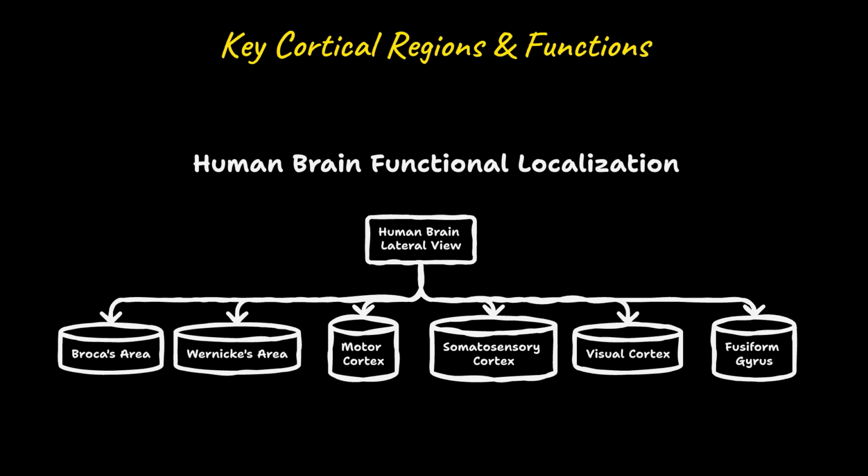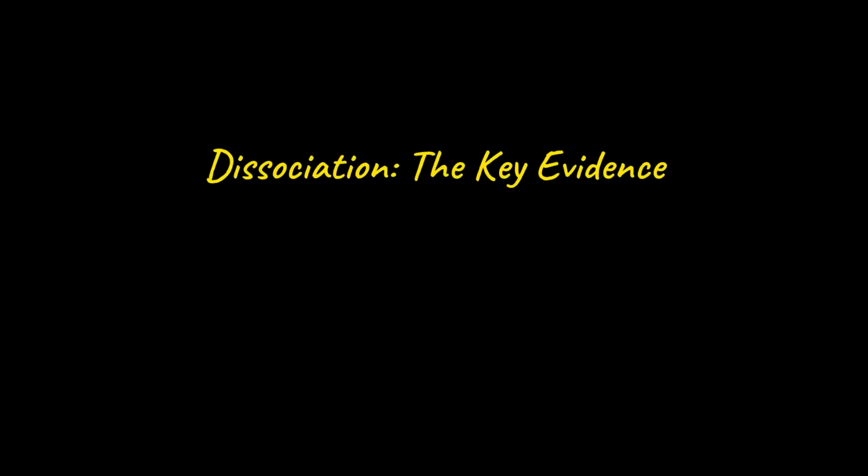gyrus support face recognition. The experimental signature of localization is the dissociation. A simple dissociation is when a patient loses one ability but retains another. A double dissociation, two patients, each losing a different ability, is stronger evidence that two functions depend on entirely separate